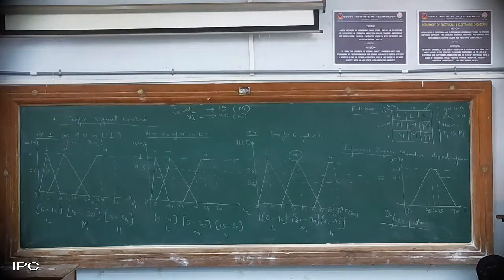In that case, what will happen? Say the value is 0.3. It will come in your medium domain, and 0.3 is also there in the high domain. So you have the freedom to choose whether to go for medium or high, and for that you need to write the code. If the values for M and H are the same, then choose M or choose H. That depends upon the developer.